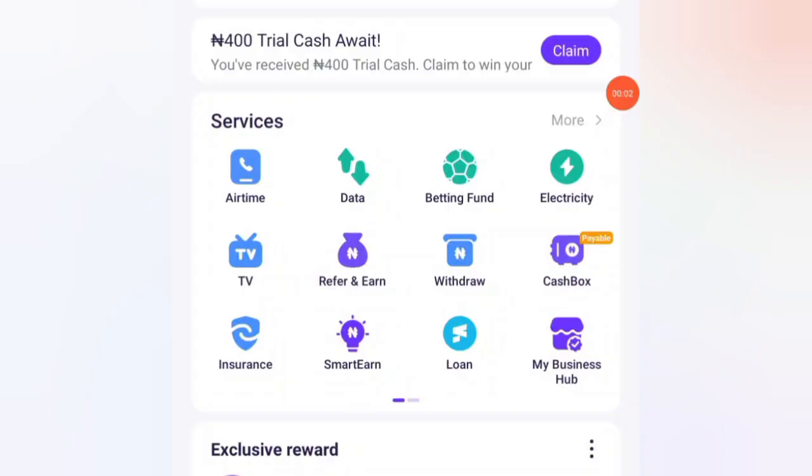This is the first app we are going to be talking about in this video, and I'm going to tell you the name of the app at the end of this video. So do well to watch this video to the end to know this app that you can use to get cheap data from MTN. Once you log into this app, this is how the interface looks. Now to get your cheap data from this app, you click on data,